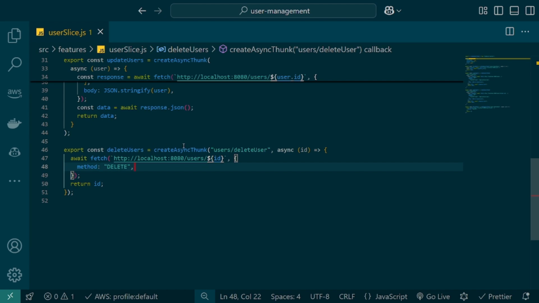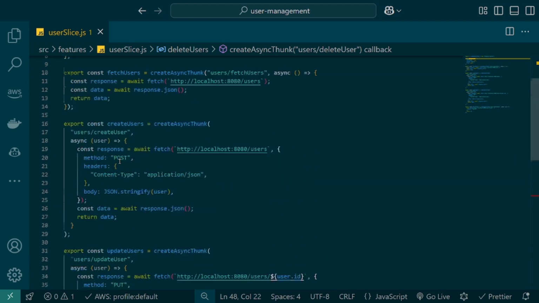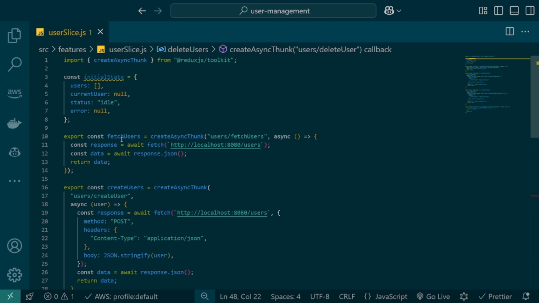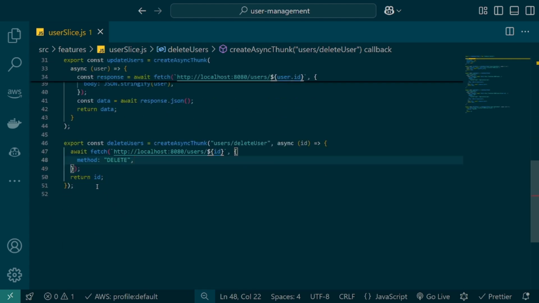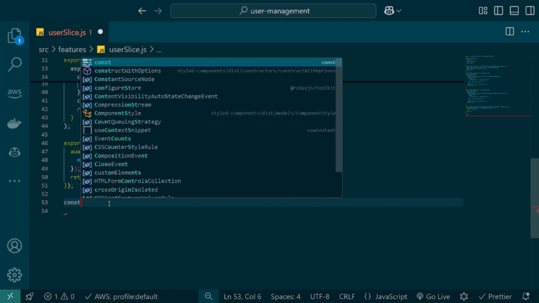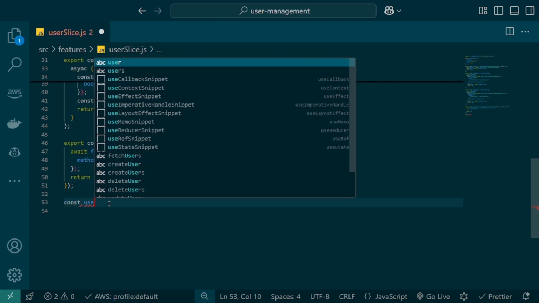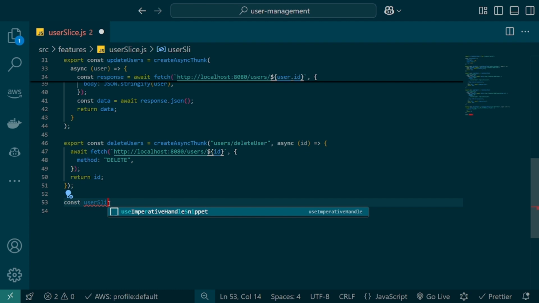Okay, so now this is the delete user, everything is ready. Okay, so here you created fetch users, create user, update user, and delete user, everything is available, guys. Now we need to create the slice, constant user slice equal to